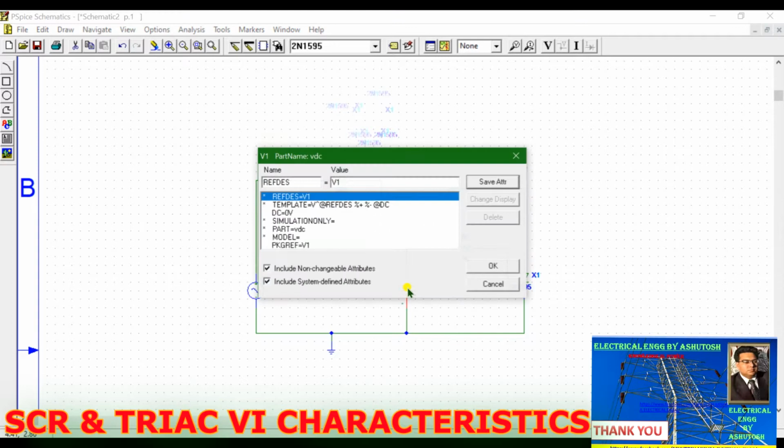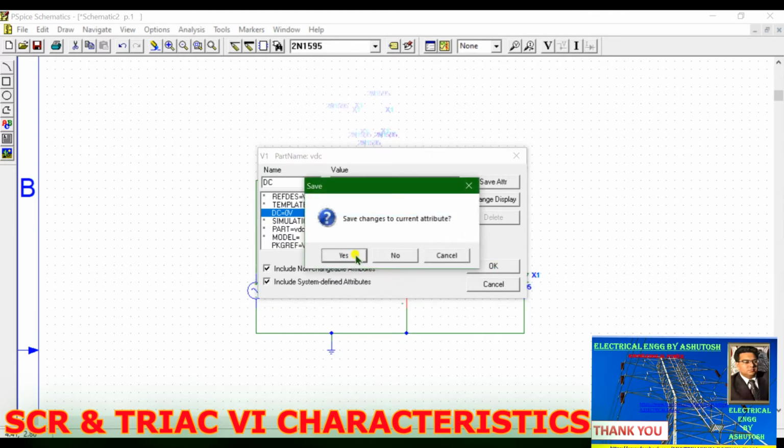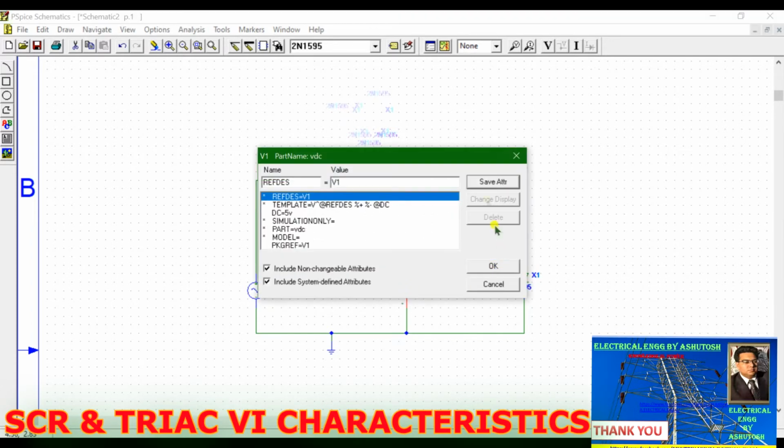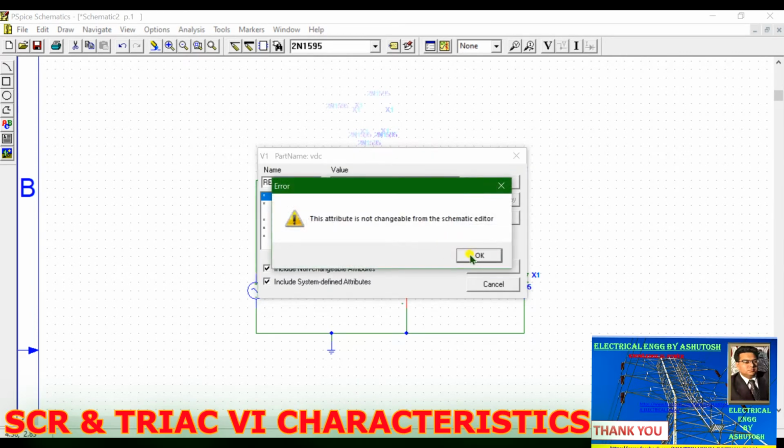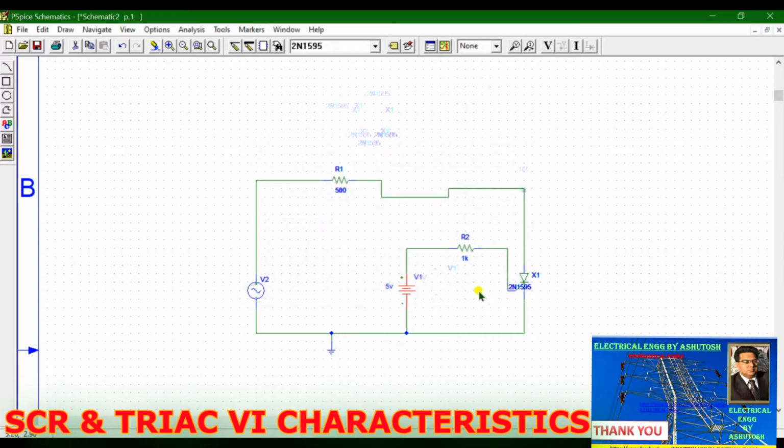Then you can select the voltage, DC voltage. Here are various parameters, but you have to click this DC voltage, then 0 volt will appear, so you can choose your value 5 volt. Okay, we have kept this value 5 volt, and then after writing, save attribute. So the value of voltage is displayed here, 5 volt.